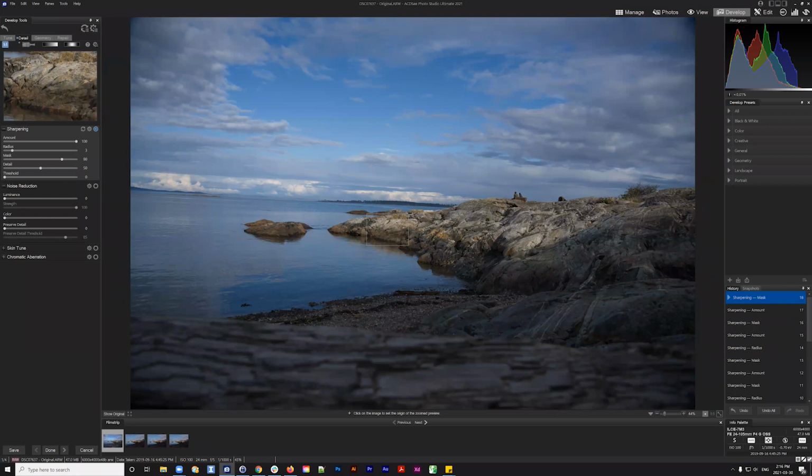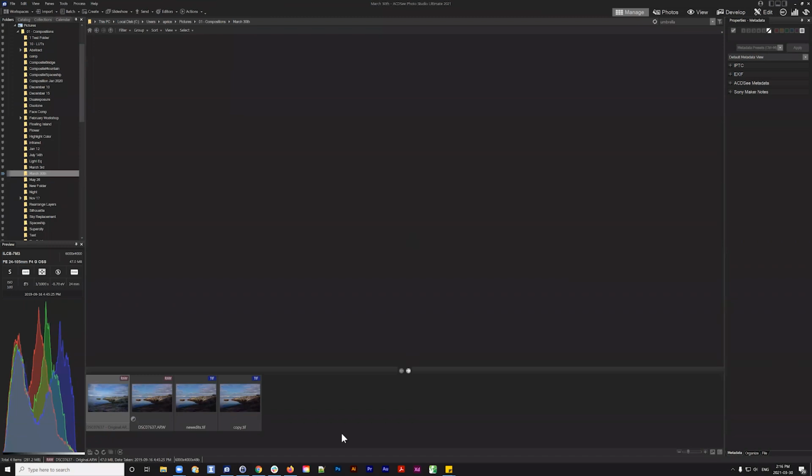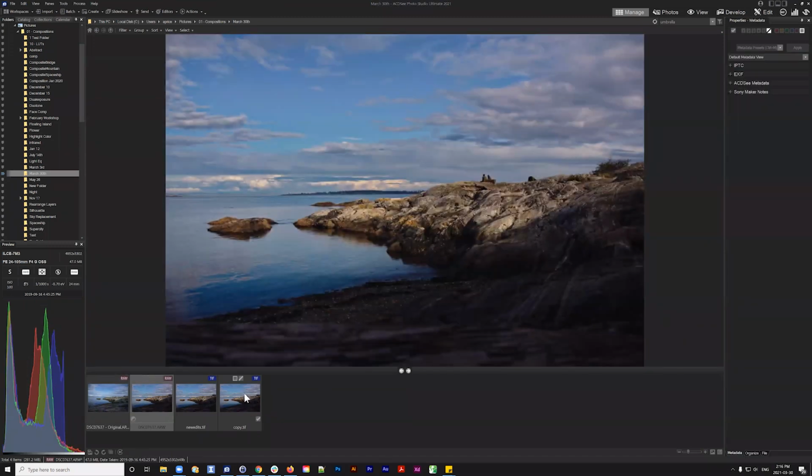So that original folder contains the knowledge of the original file, and that information isn't going to be viewable to you unless you have that folder shown to you in your Windows section there. I believe it's not shown. Actually, let's go back to manage mode and have a quick look. So another thing you can do in ACDSee is you can actually view your XMP files directly from manage mode. So in this case, we have one raw file that has